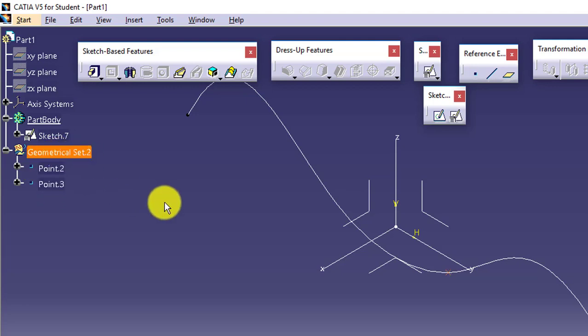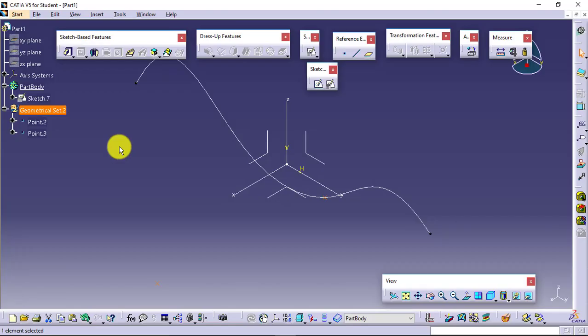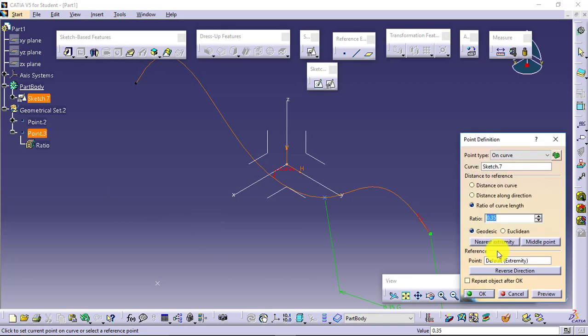This geometrical set actually consists of your references. Whatever reference you want to create, by default it goes into the geometrical set. Other than references, like your sketches, your features, they go into part body.